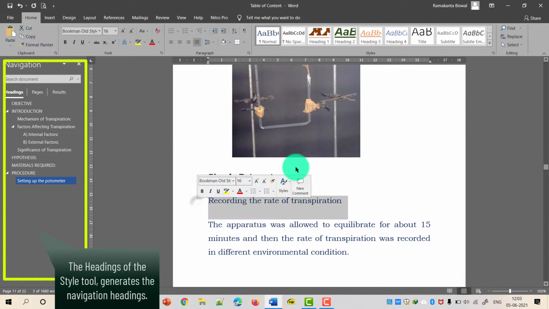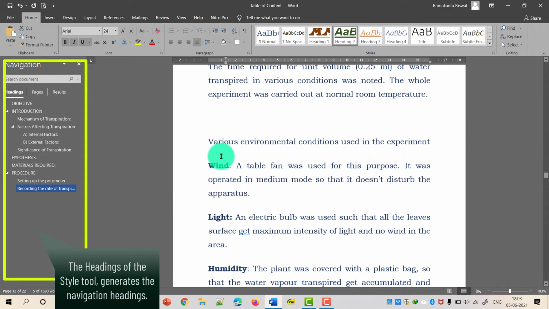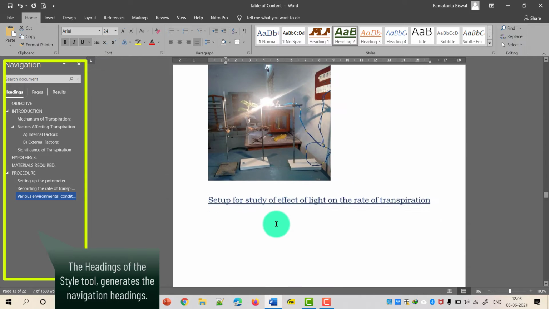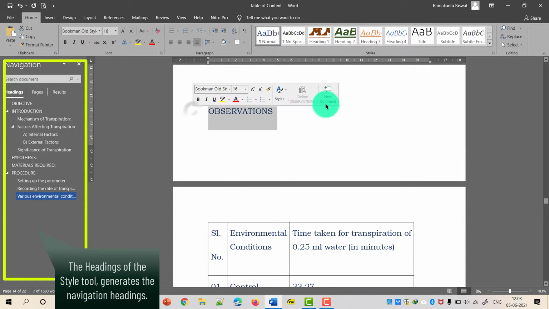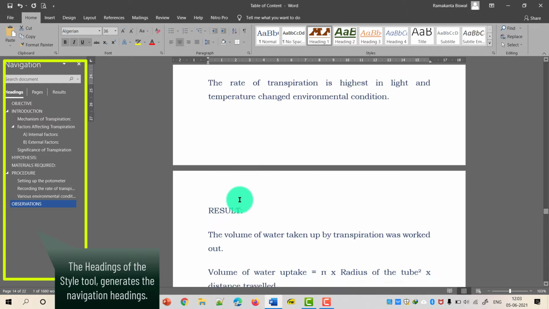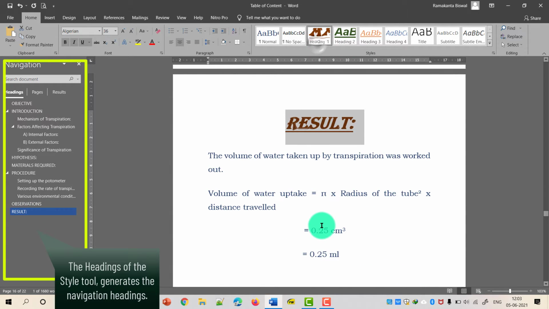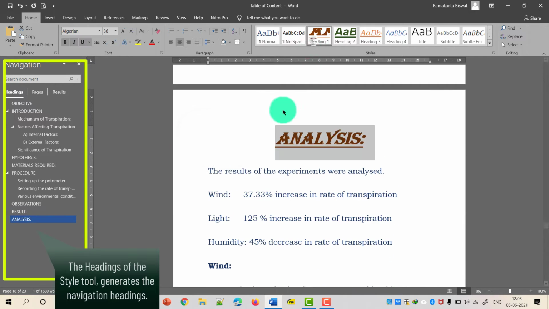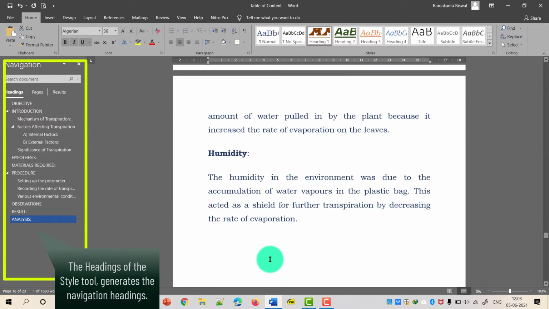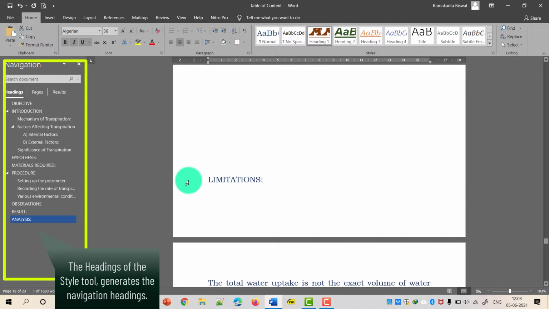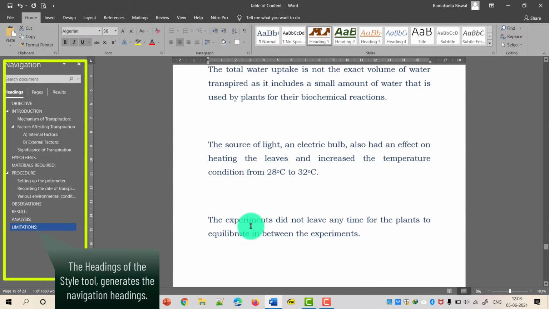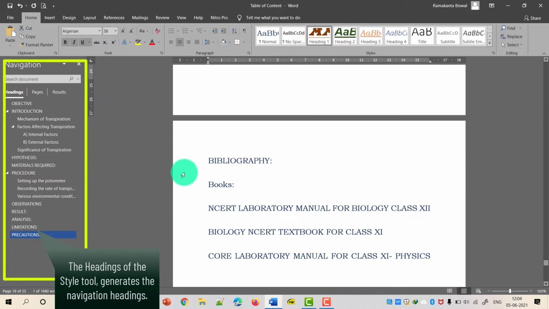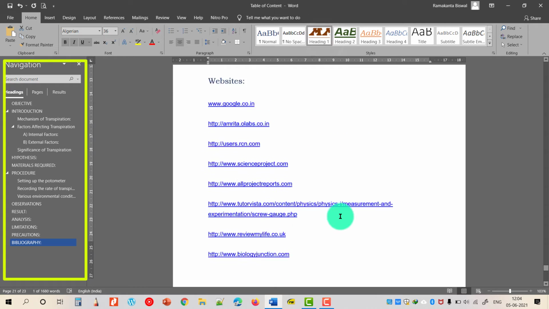Once we are done with all the heading and subheading formatting using this style tool, it is just a matter of a single or basically two clicks, and that will create a table of content automatically. The benefit of using this method is that whenever you make any changes in the page number or any of the headings or subheadings, you can update the entire table with a single click. That's the biggest benefit, I would say. Without changing anything in the table of content itself, you will be updating it based on the entire document.